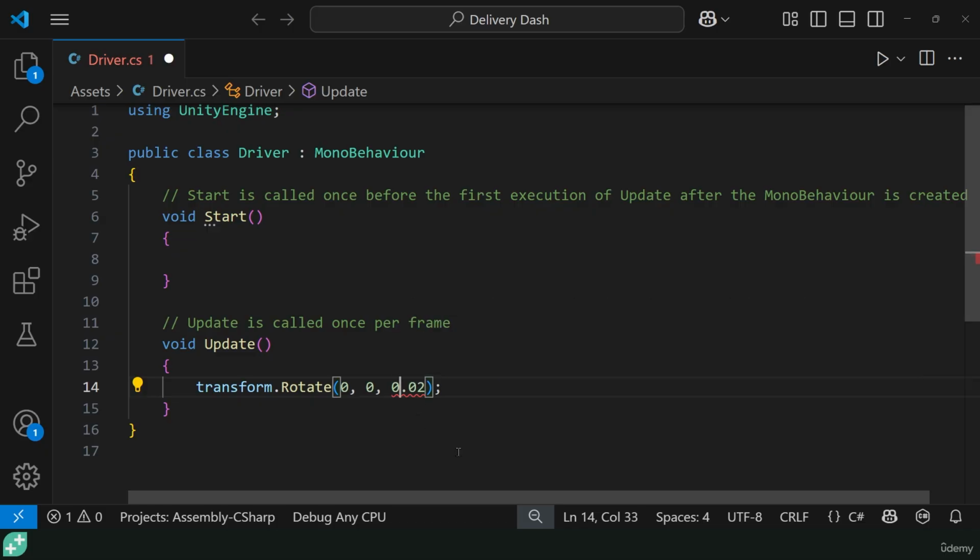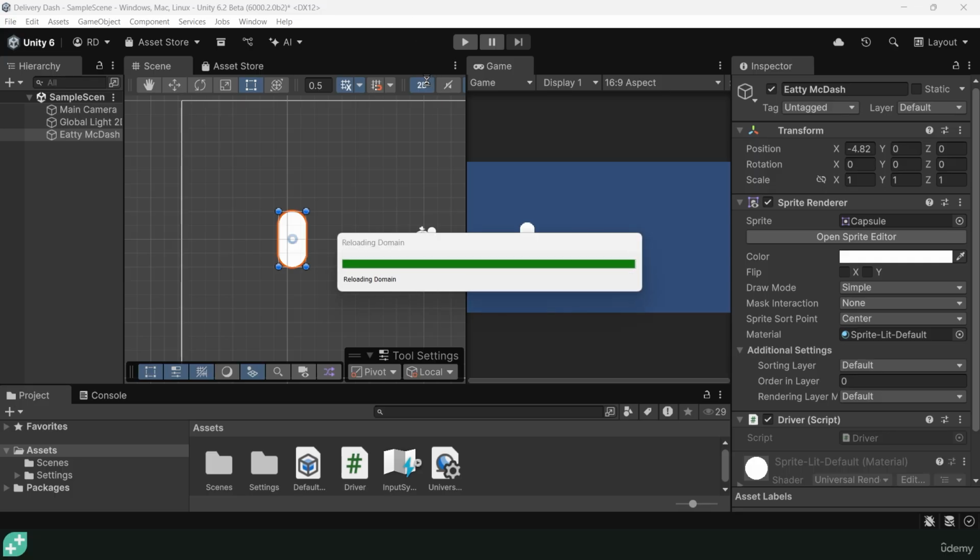One sort of number is a float that has a decimal place. There's other types of numbers that have decimal places. So Unity is basically saying, can you just give me a bit more information on what type of number this is so I get it right? The way we do that is when we're using a float, if we have a decimal place, then we put an F at the end of our number. Technically, we can or should do this for our zeros, but 0 is 0. There's no confusion. It's not confused about what sort of decimal place you are, because there are none in our zeros. So we put an F at the end of our 0.02, save that up, back over into Unity,